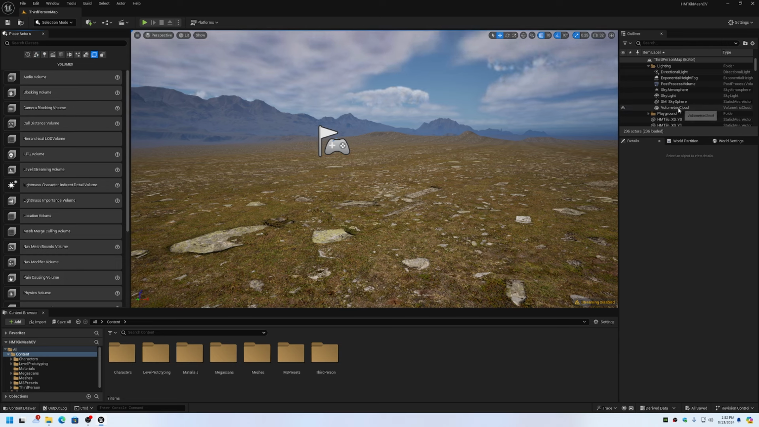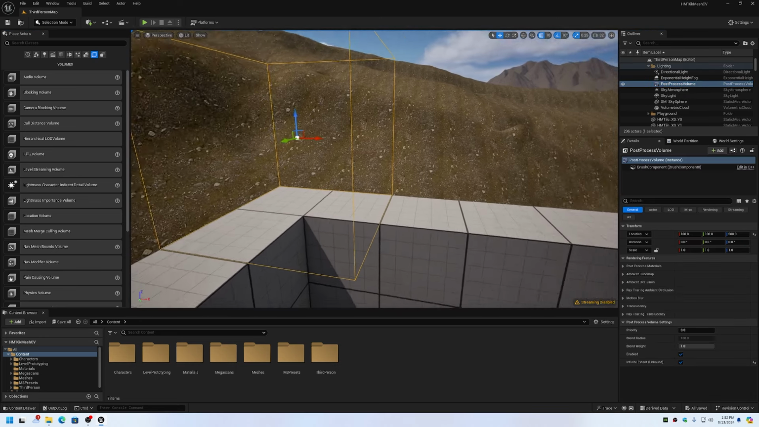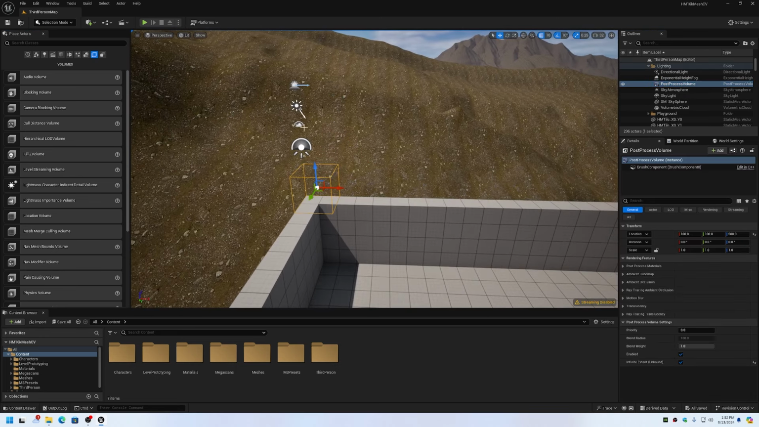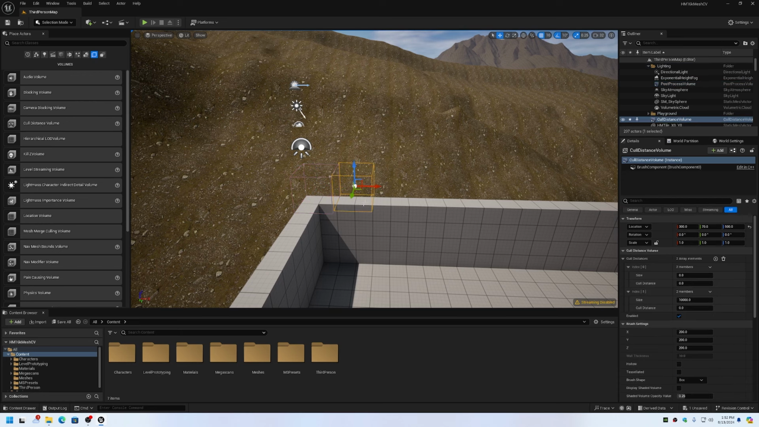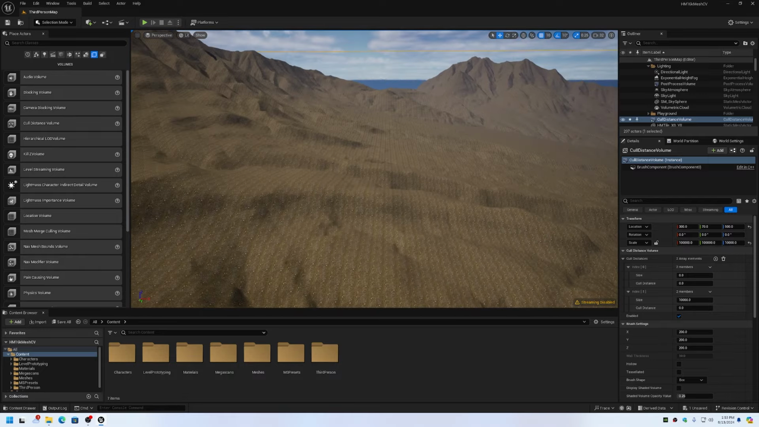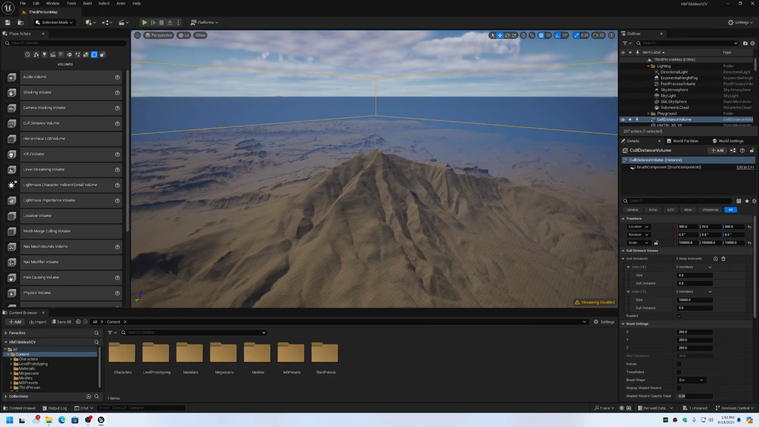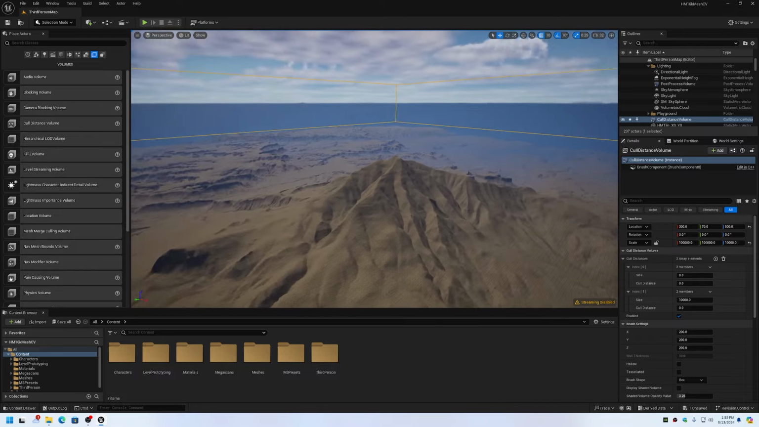So I'm just going to zip into the origin location here. Drag a cull distance volume in, and I'm going to set its size, the scale, large enough to encompass the terrain. So I'm going 100,000 by 100,000 by 10,000, and you can see that the cull distance volume easily covers our